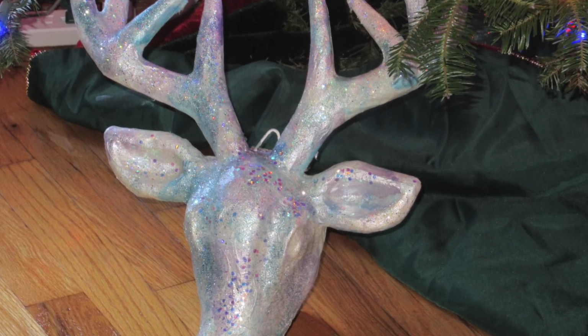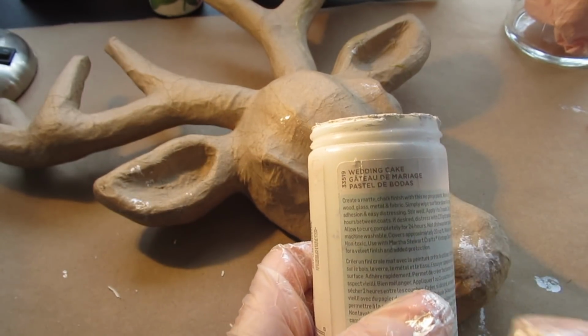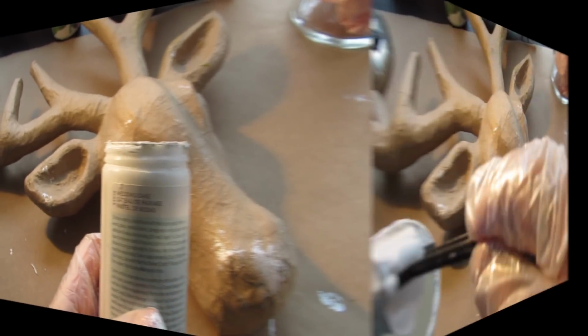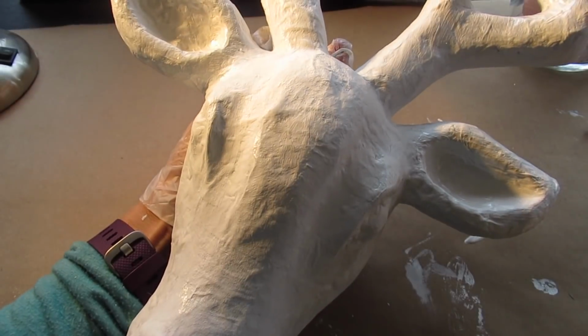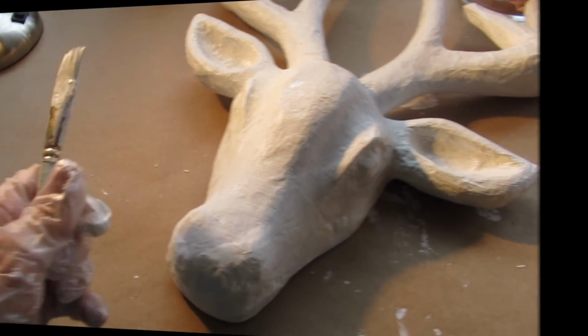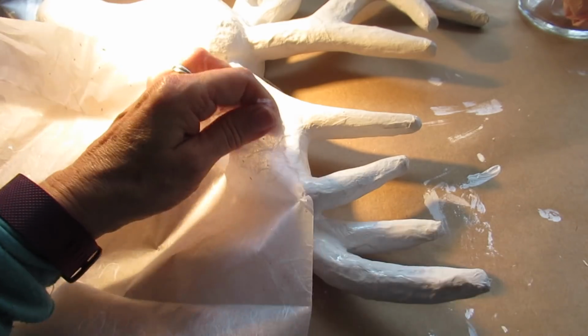So the first thing I did was I just painted this with Martha Stewart white, I think it's called White Wedding chalk paint or chalk finish paint. You can use acrylic paint on this. The idea is you just want to make sure that it's a lighter color going underneath your tissue paper. So once I covered this whole surface and let it dry, I then began tearing off small pieces of my